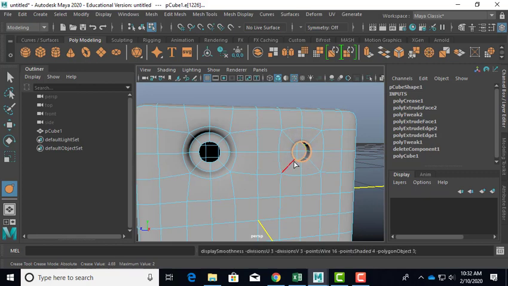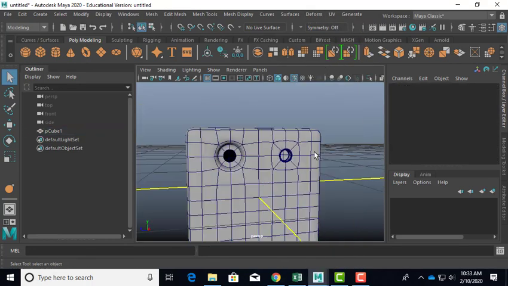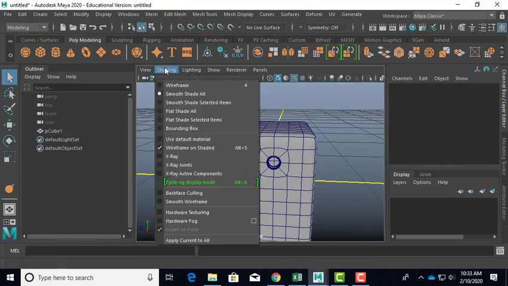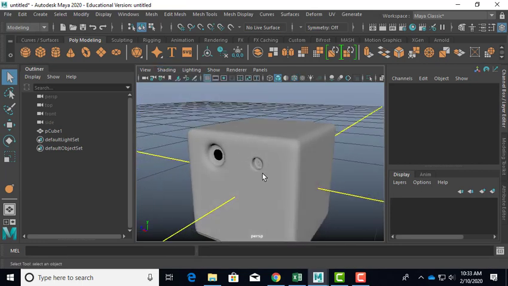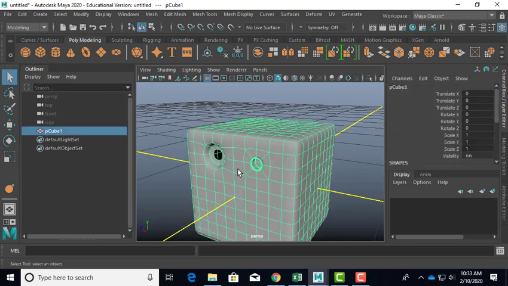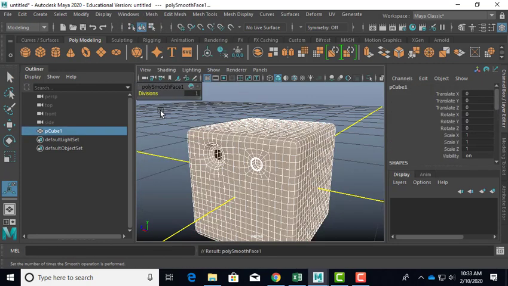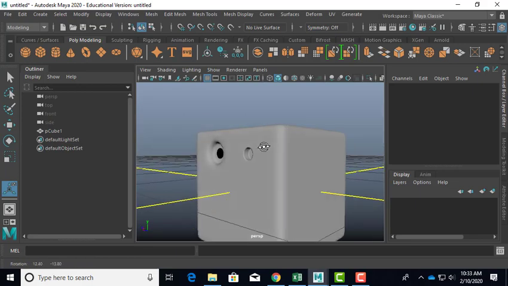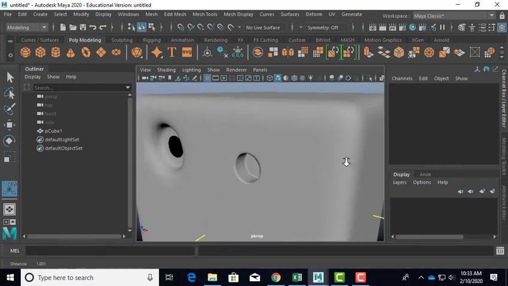To my model. And if I were to smooth that, turn off that, you can see it gives you a really nice hard edge that looks quite good. If I were to smooth that down and add some more divisions on it, it holds its shape very nicely. Can you see that? That's a very nice